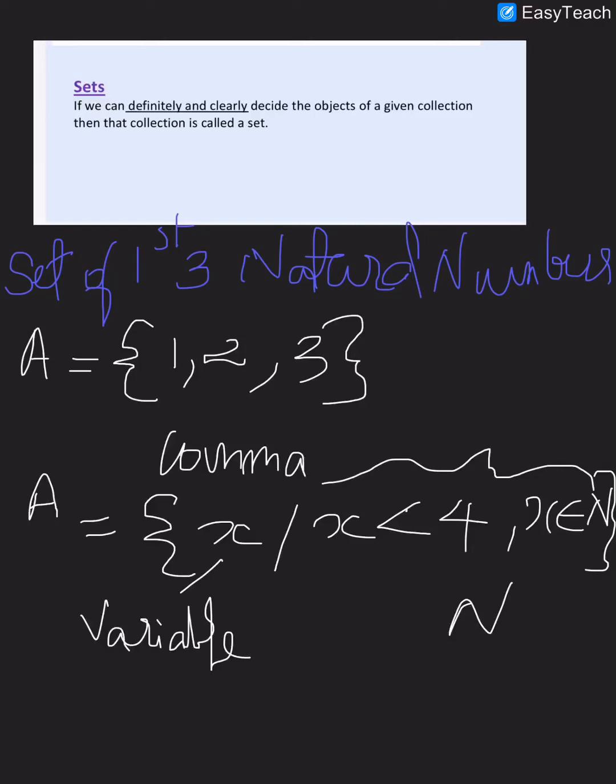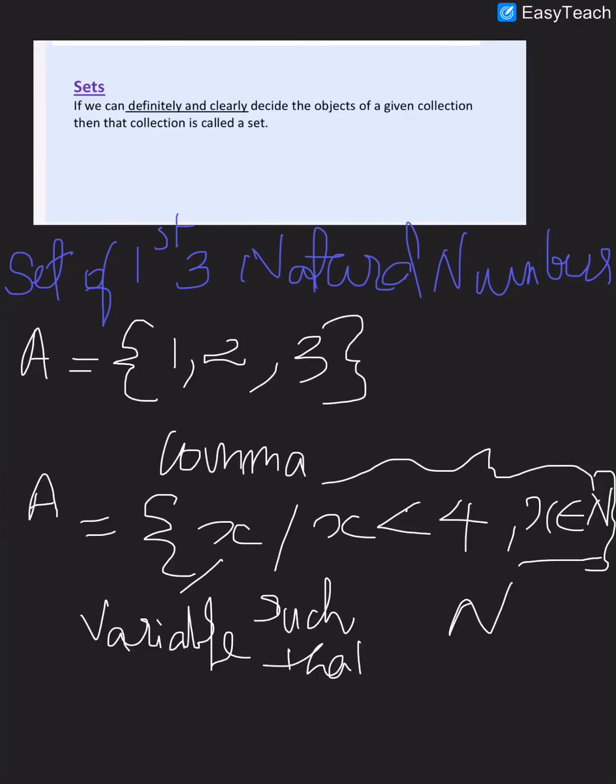So x must be less than 4. And what is the second condition? x belongs to N. N means natural numbers. x must be a natural number. Natural numbers start from 1, 2, 3, and less than 4, which are the natural numbers? 1, 2, 3.